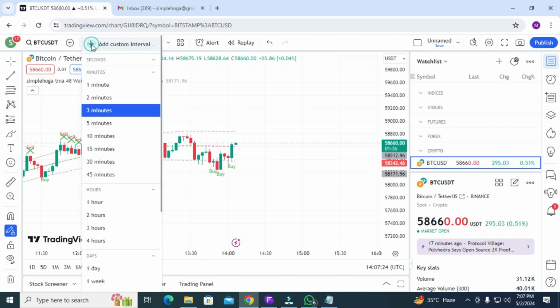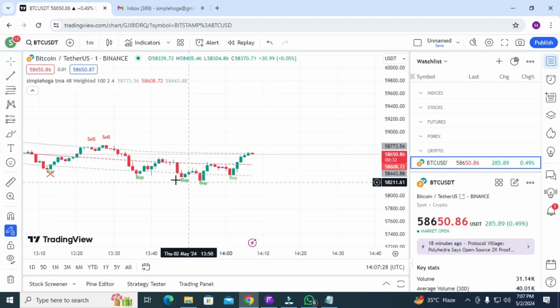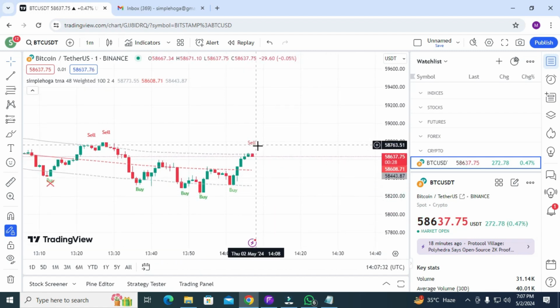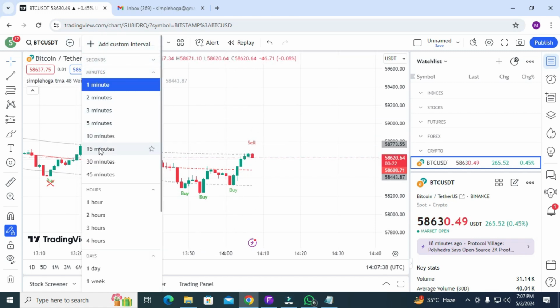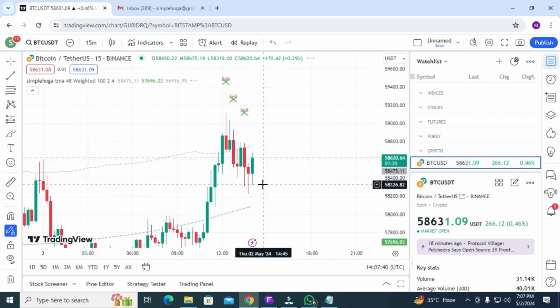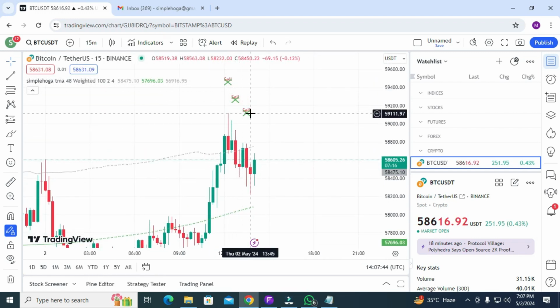Okay, and in the 1 minute time frame, you can see you got some buy signals, and you can book the profit like here. Okay, so this indicator comes on time, it does not come late. Okay, in the 15-minute time frame, let's see the results. In the 15-minute time frame, they stop you, do not go for the sell trade.